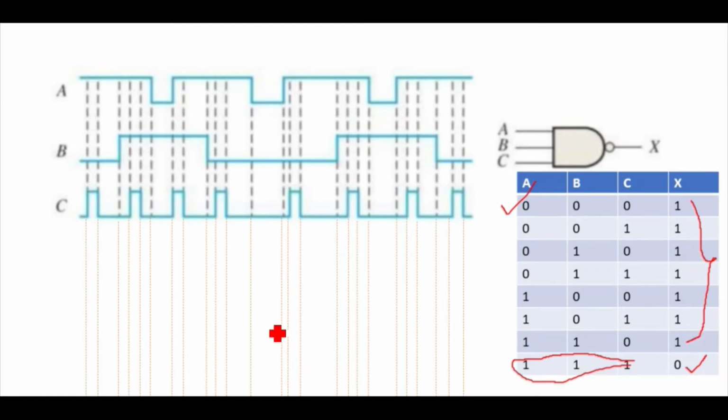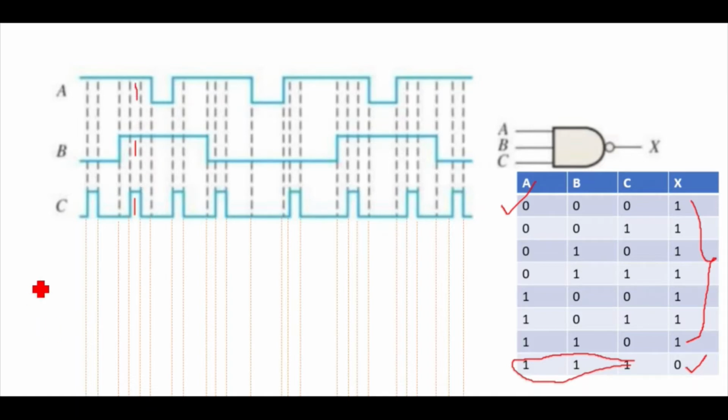In my previous videos I have told how to do this kind of circuit, but here I am doing it with a different approach. What we will do is try to find all the 1 1 1 positions. Here you can see C is 1, B is 0, so don't take this position. Here C is 0, so we will go to the next C value. C is 1, B is 1, and A is 1.